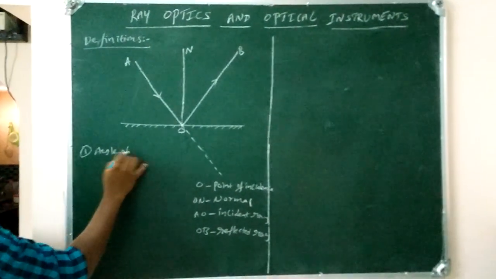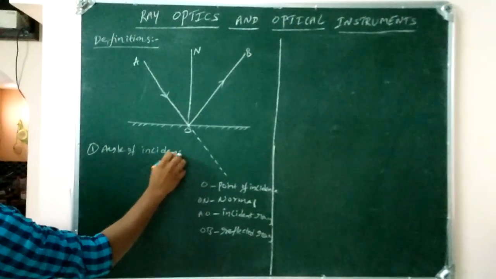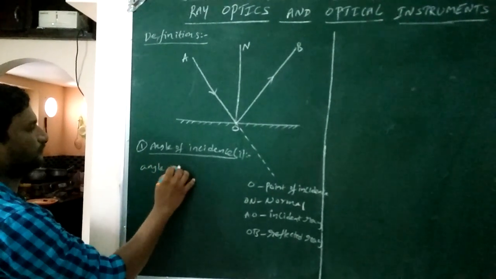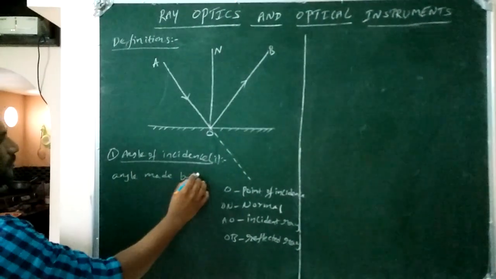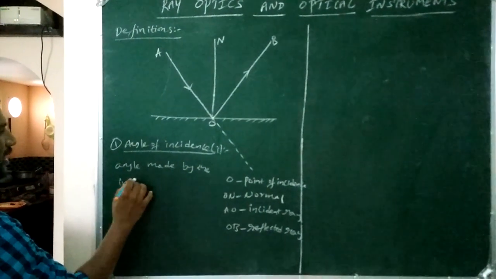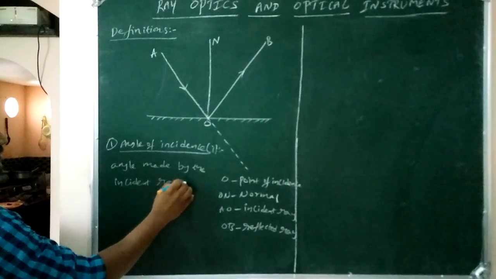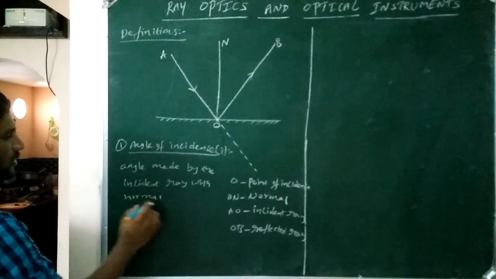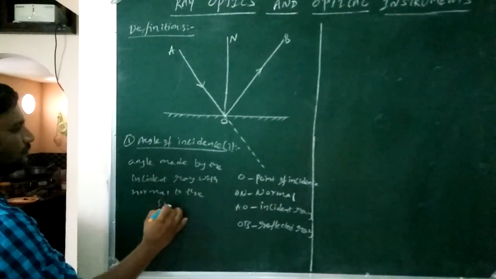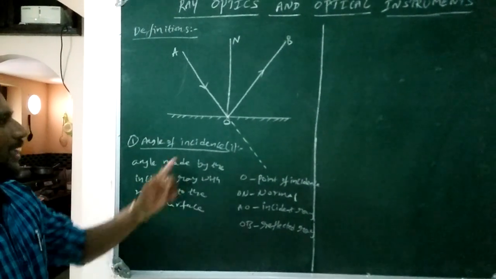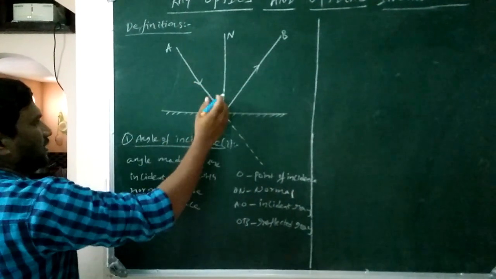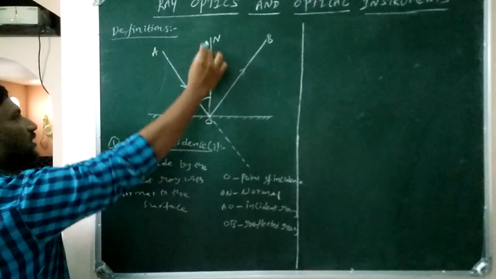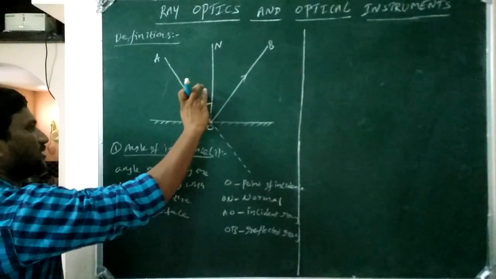that is angle of incidence, denoted with a small letter i. The angle made by the incident ray with the normal to the surface is called the angle of incidence. This is the incident ray and ON is the normal. Here, this is the angle of incidence. The angle made by the incident ray with the normal to the surface is called the angle of incidence, and it is